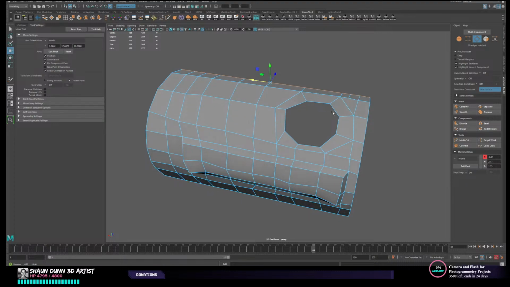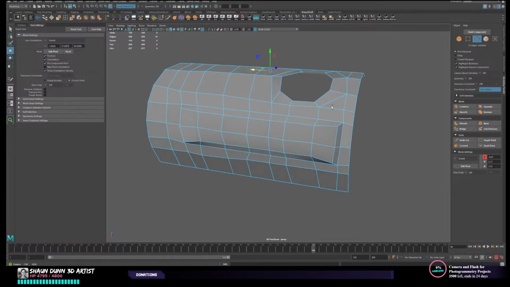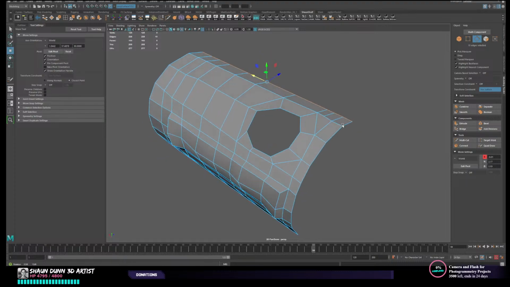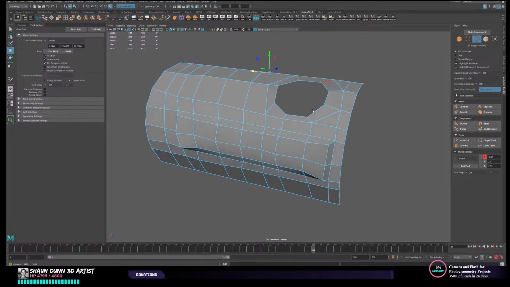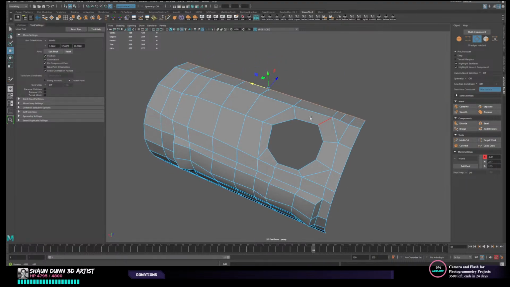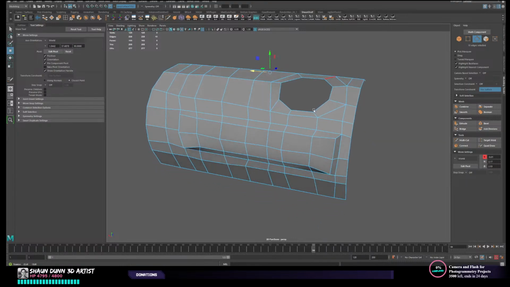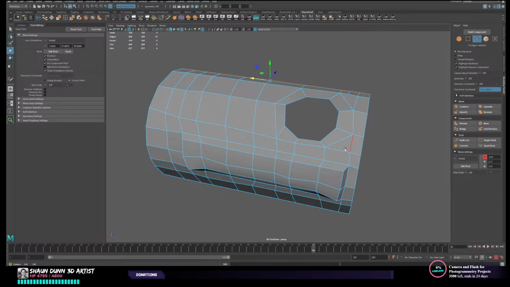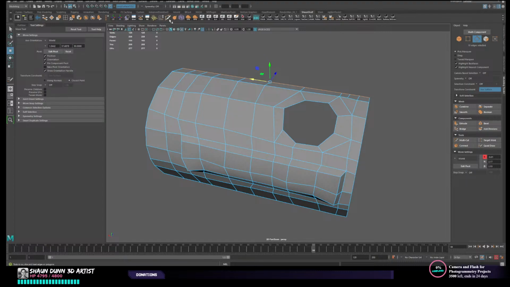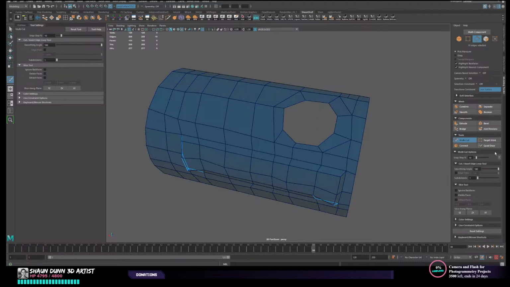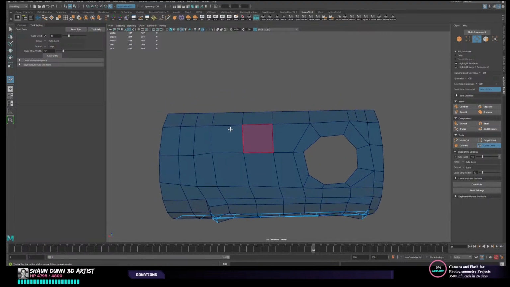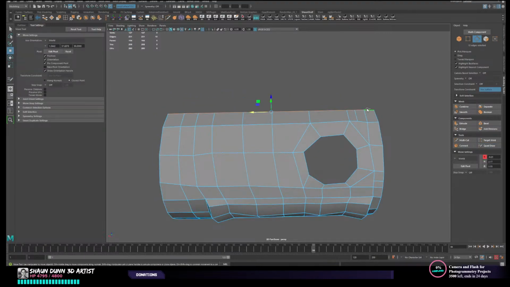So I would first make sure that there's no n-gons or anything like that, and it doesn't look like there is. There's one triangle here, which I could just quickly fix, but I think that's fine. So selecting this edge and then